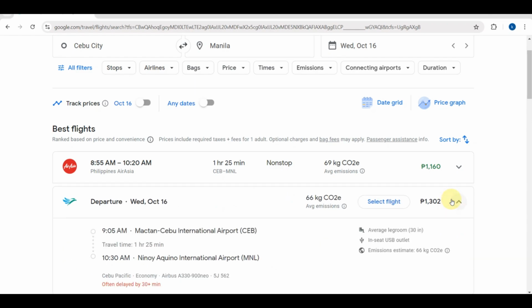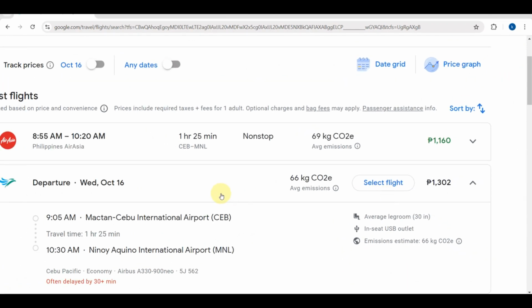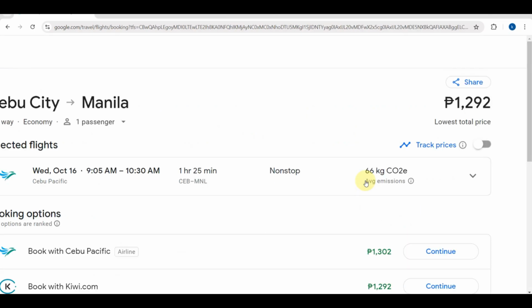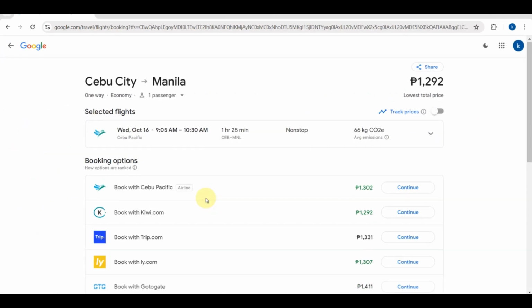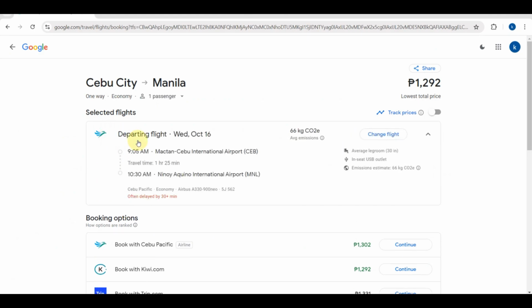Then you will see here, guys, I am clicking this one to see the date and the time. Then after that one, you just need to tap on what you want, guys. Then you will be able to see here more information. And if you want this one, guys, if you choose this one, you just need to tap on that select flight. Let's see here, guys. So here are the